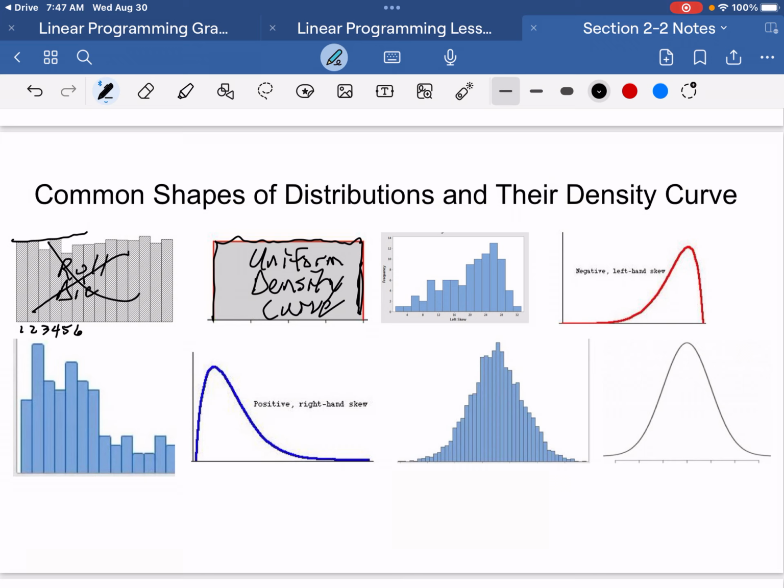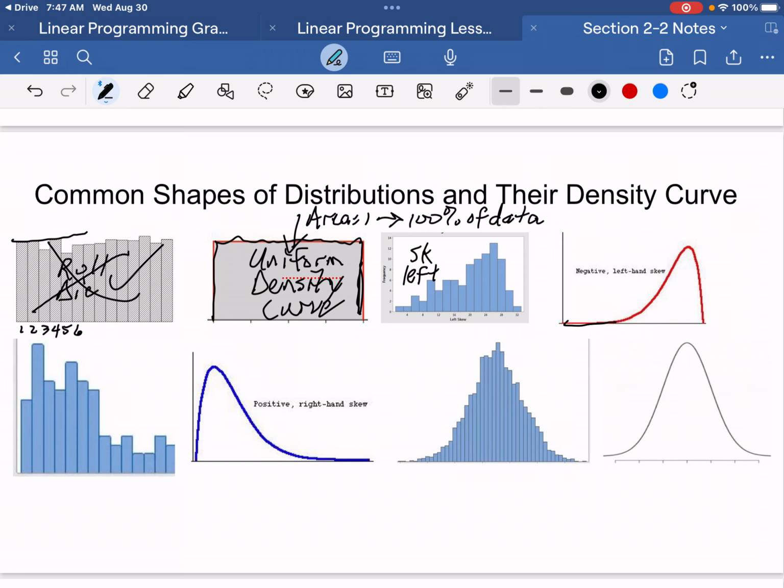We just say, I know the histogram would look like this. Now, the important part that you have to understand about all density curves is no matter what shape the density curve is, the area under that curve is 1. And that 1 represents the fact that 100% of the data that was in this histogram is represented by this density curve. This is a skewed left histogram,